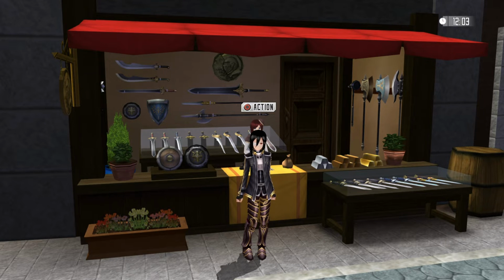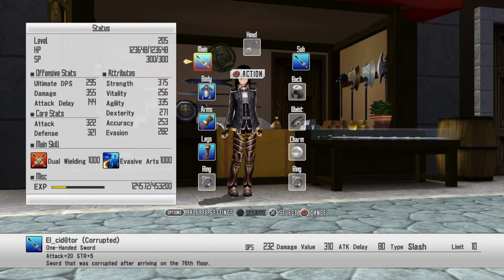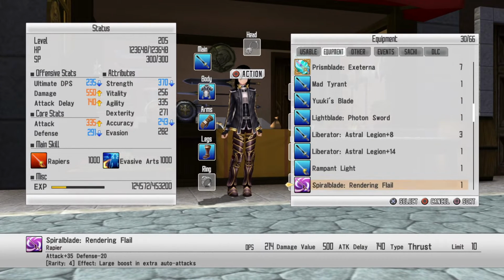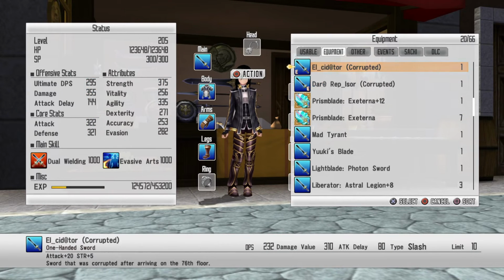For the final one, number 10, this is something I don't think the game necessarily tells you, but in a way it kind of does. And that is that you can craft Rarity 6 weapons from Liz's shop. And there are 2 versions. You can get 2 versions for each weapon. So, for example, for one hand, I don't think I have both of them. But I believe it's this right here, Liberator, Astral Legion, and then the other one is, I